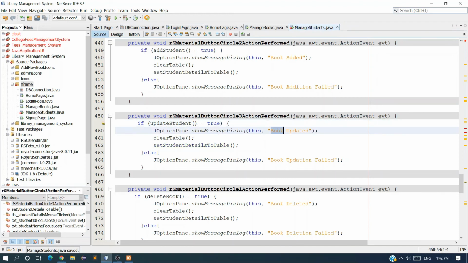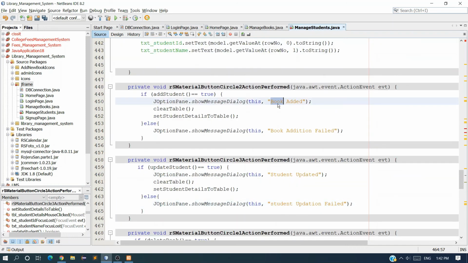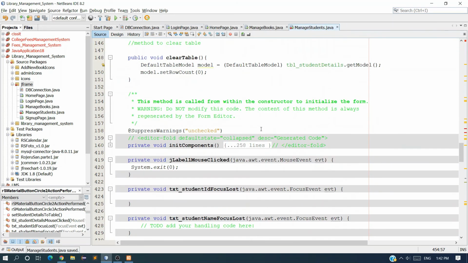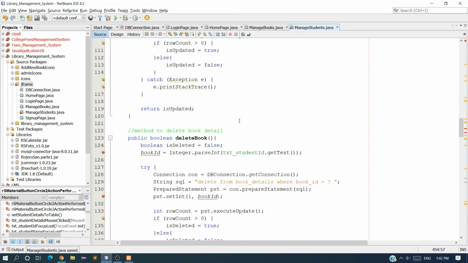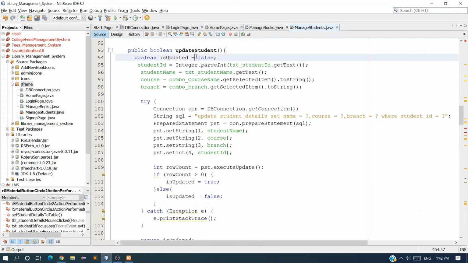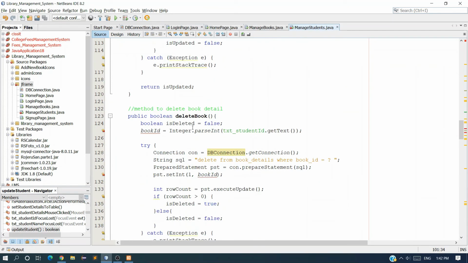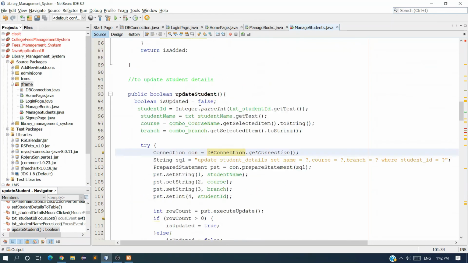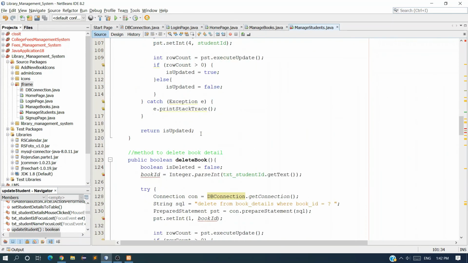Okay, and change the message also, student updated and student updation failed. And here also not book, type student added, and student addition failed. We have successfully created 2 methods, update student and add student. Update student and add student are done.